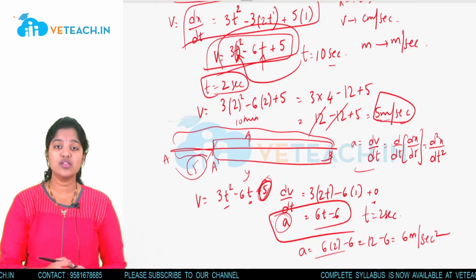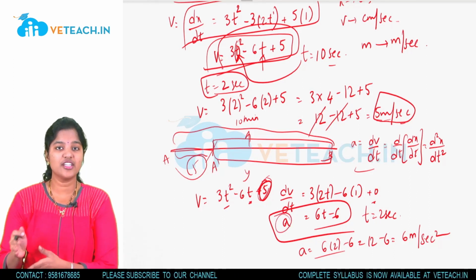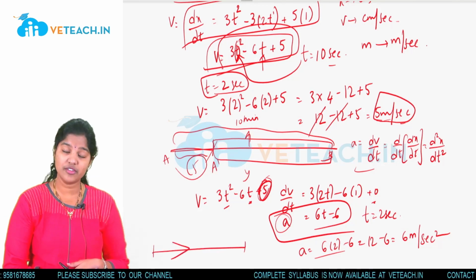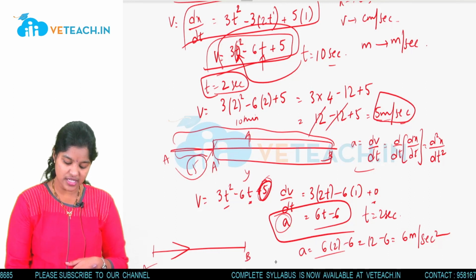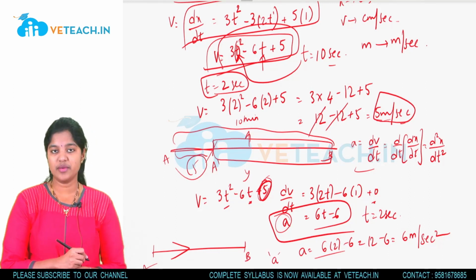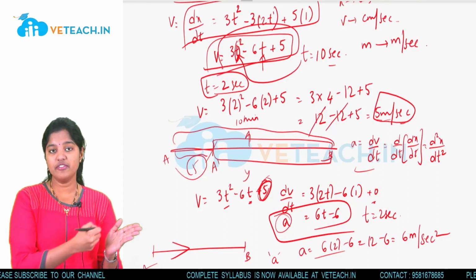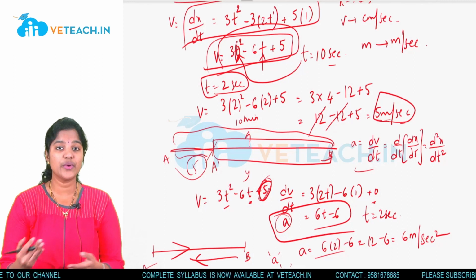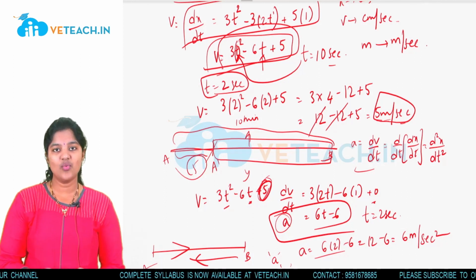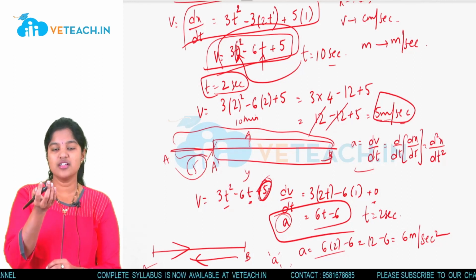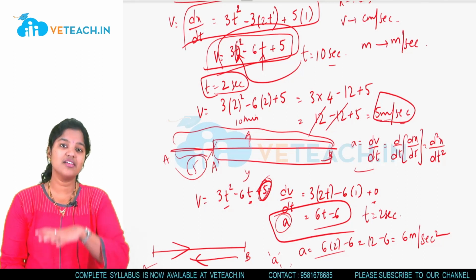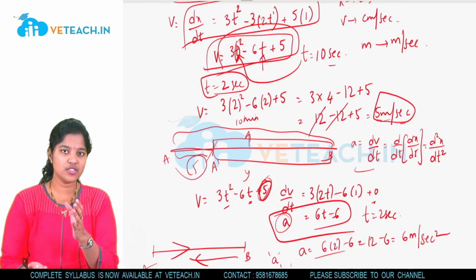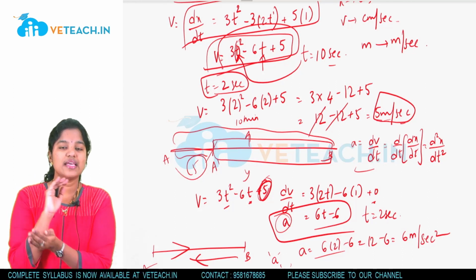Here acceleration also gives the magnitude and direction of going. Suppose a person is going from A to B with reference from A to B, then we can take acceleration as plus a. Suppose he is traveling in the reverse direction, that is from B to A, then we can say acceleration is negative, retardation, minus a. Otherwise, you are throwing a ball upwards, against the gravitational force. If the ball is going upwards, it is opposing the gravitational force, so we can say minus a.